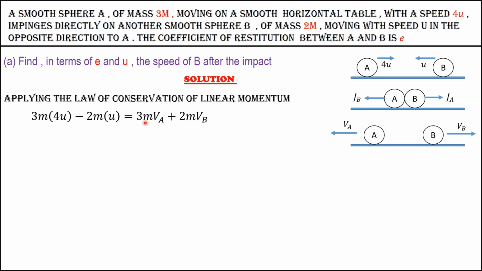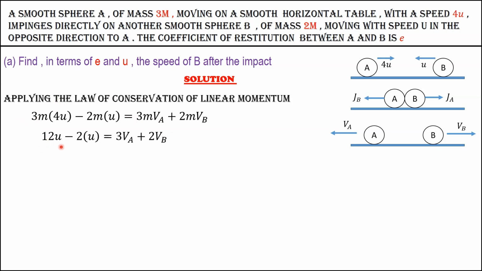The corresponding masses of the two spheres times their corresponding speeds after collision. So I indicated VA. Let VA be the speed of the sphere A after collision, and let VB be the speed of the sphere B after collision. So further simplifying, dividing both sides of the equation by m, we are going